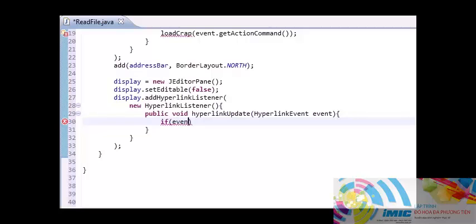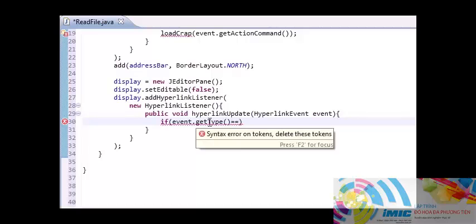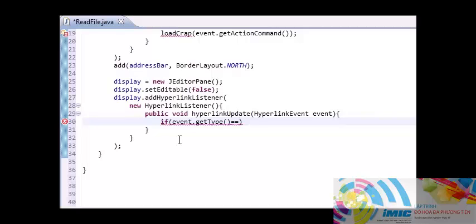So in order to do that, we use event get type, and this returns the different types of events you can have, such as click, which is called activated, roll over, which is called entered, and roll away from, which is called exited. So okay, we want to say, if this is equal to hyperlink